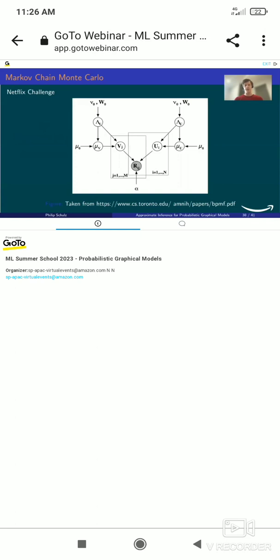Okay, let me finish up this section by talking about some applications. Now, all these applications can in principle use Hamiltonian Monte Carlo or variational inference, but I'm going to present two applications where sampling, not Hamiltonian Monte Carlo, but where sampling has been used. So one is the Netflix challenge. And this here looks very, very complex, but it was actually the winning model, I believe, and it's a Bayesian